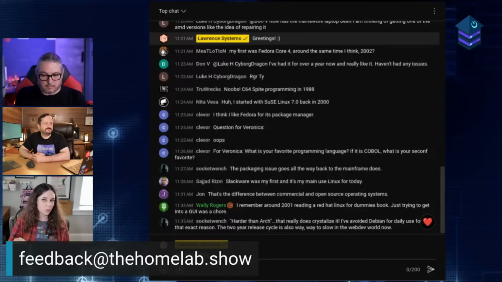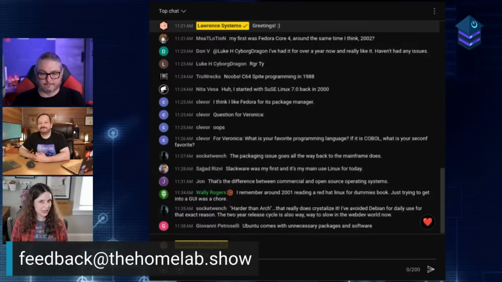I still think they've got some work to do on the website, just in terms of making it organized and friendly for beginners, because I think Debian could get there. I think with this release especially, they're really getting close to a beginner-friendly distro. I don't know if I would say it's perfect yet, but it's getting real close, and I'm excited about that.